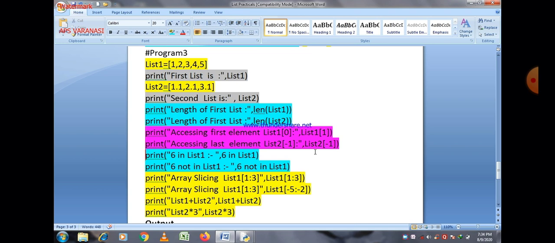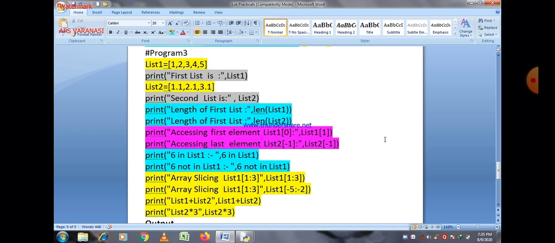And these are the membership operators. You can easily see 6 in list 1, so the message is 6 in list 1 also. So in basically finds out whether 6 is a part of list 1 or not. If yes, then it returns a true value, and if it is not so, then it returns false.